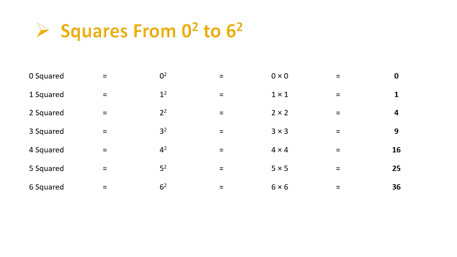Here I have shown the squares of some numbers from 0 to 6. If I have to do 0 squared, then I multiply it with itself: 0 into 0 is 0. Let us say 3 squared, then it will be 3 into 3, which is equal to 9. I hope that you have learned the squares of numbers up to 20. So 6 into 6 will be 36. If you have not learned them, then please quickly revise that chart that I have already shared with you.